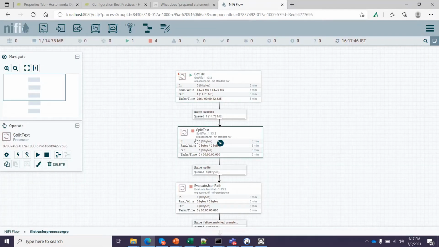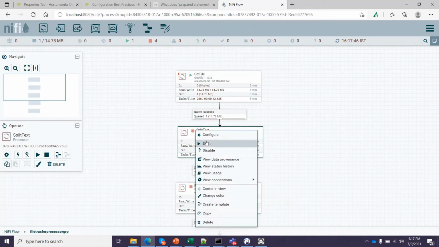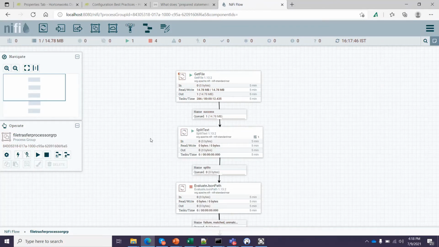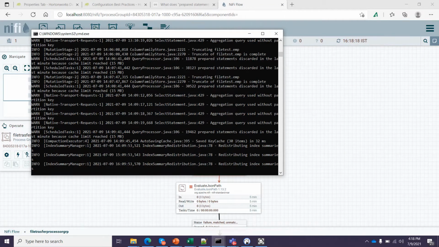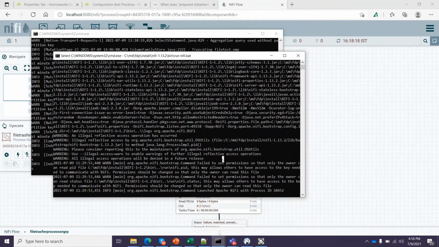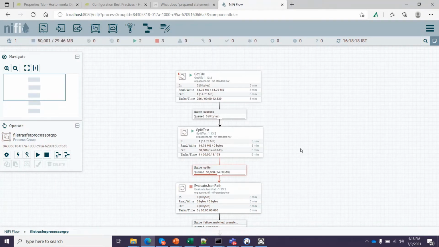So let's start the Split Text. Let's refresh here.